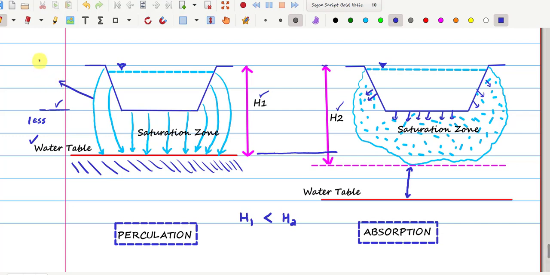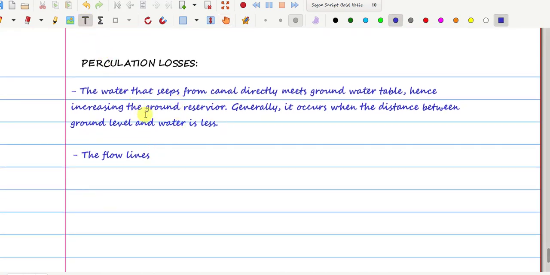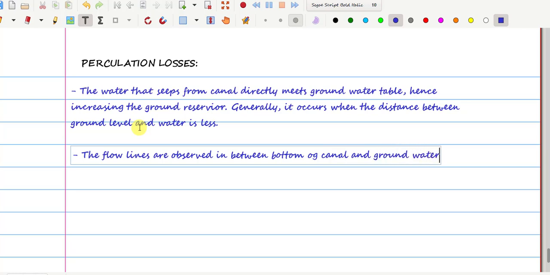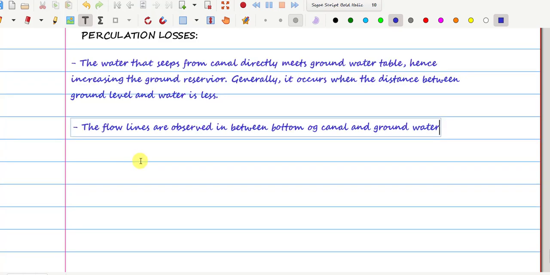These are flow lines. So the next point is related to flow lines. The flow lines are observed between the bottom of the canal and the groundwater table,